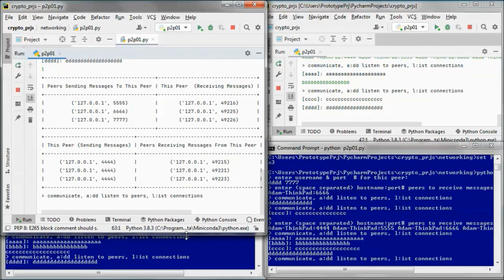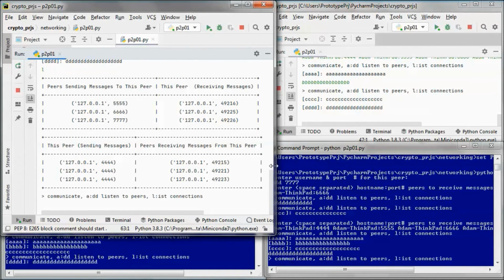So this one has those connections. So peers sending messages to this peer are those other 3 peers, and this peer is receiving messages from those on those ports, and this peer is sending messages, so on this port is sending messages to those 3 other peers on those ports.